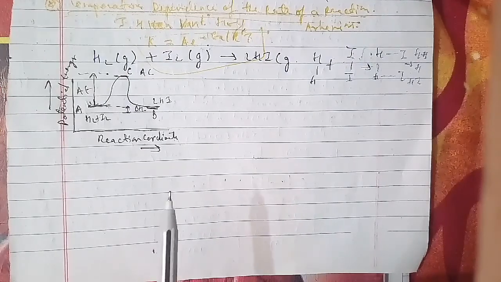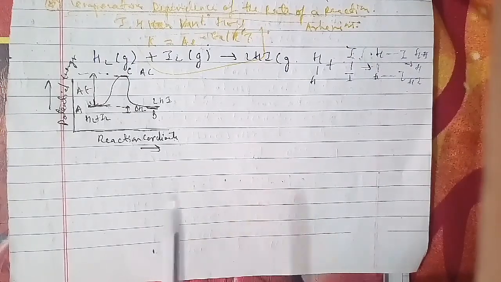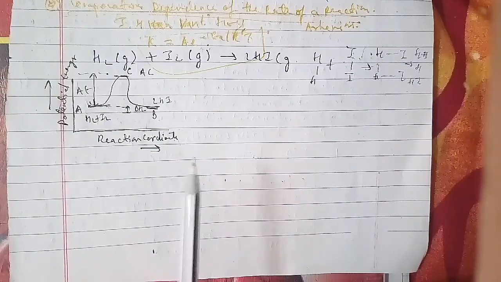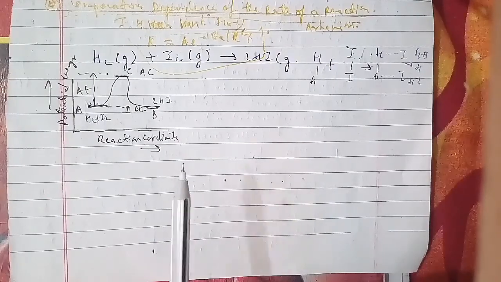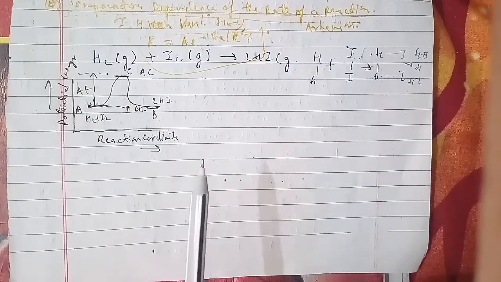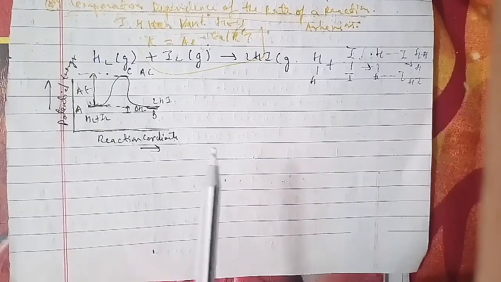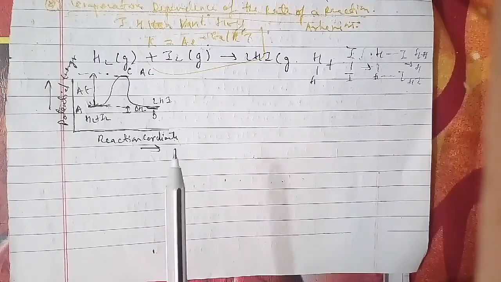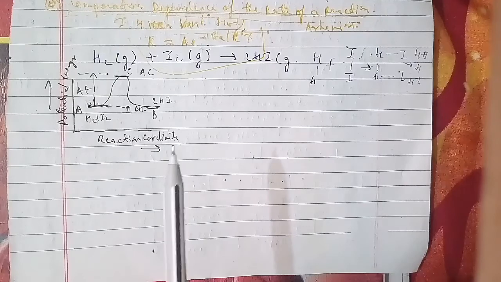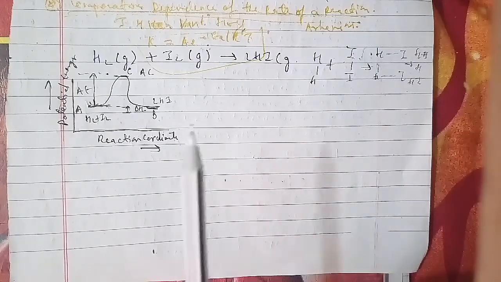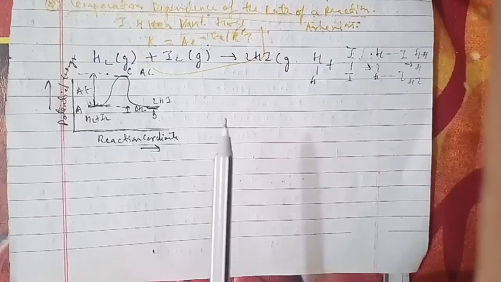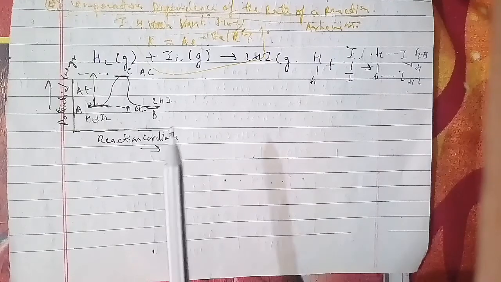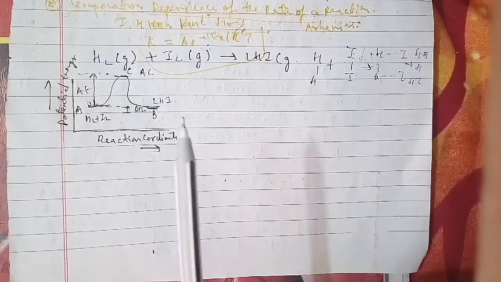According to them, the distribution of the kinetic energies may be described by plotting the fraction of molecules with a given kinetic energy versus the kinetic energy, where Nk is the number of molecules with that energy and Nt is the total number of molecules. We have the peak of the curve corresponding to the most probable kinetic energy, the kinetic energy of the maximum fraction of molecules, where there is a decreasing number of molecules with energies higher than that value. As the temperature is raised, the maximum of the curve moves to a higher energy value.